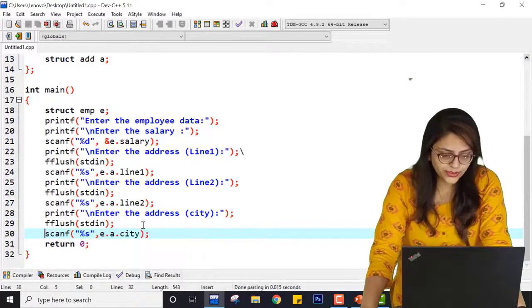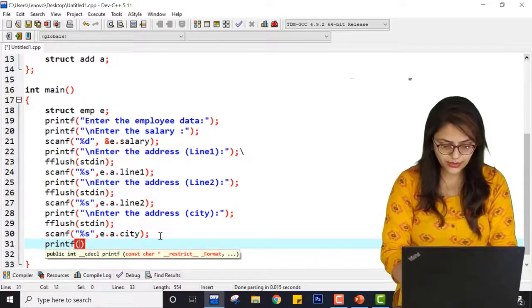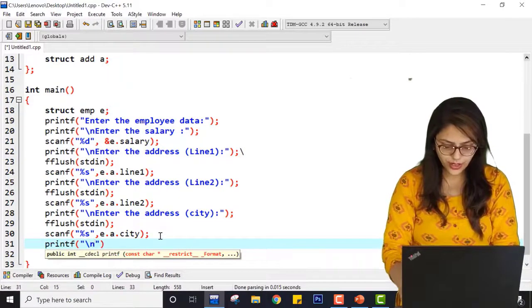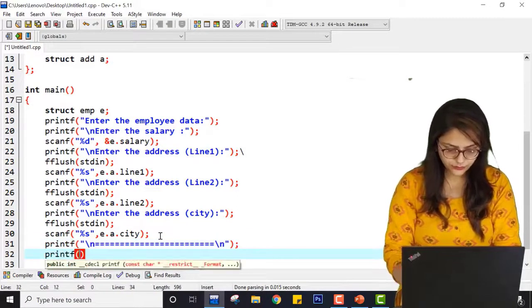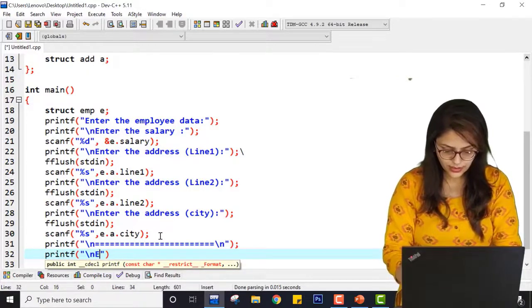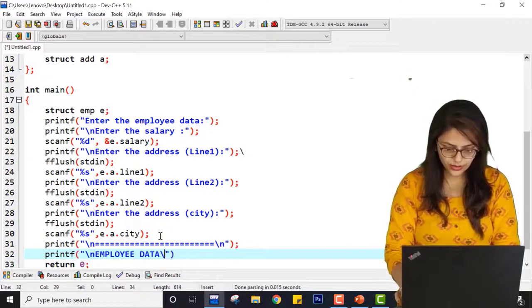Now if you want to print them in a proper manner, then you can print something like this: printf \n again. After this, printf \n, say employee data, and \n again. It will be small.